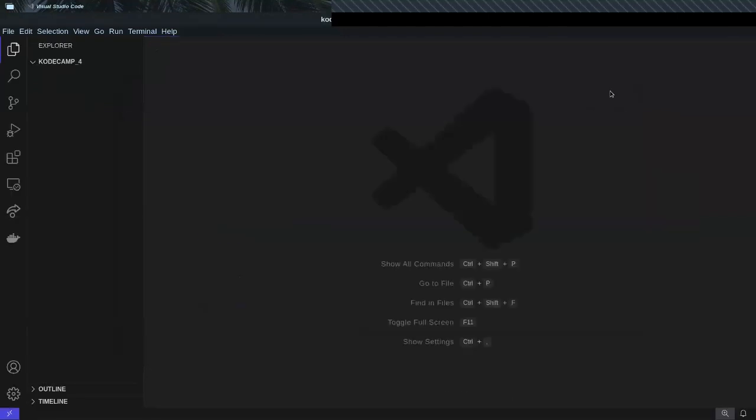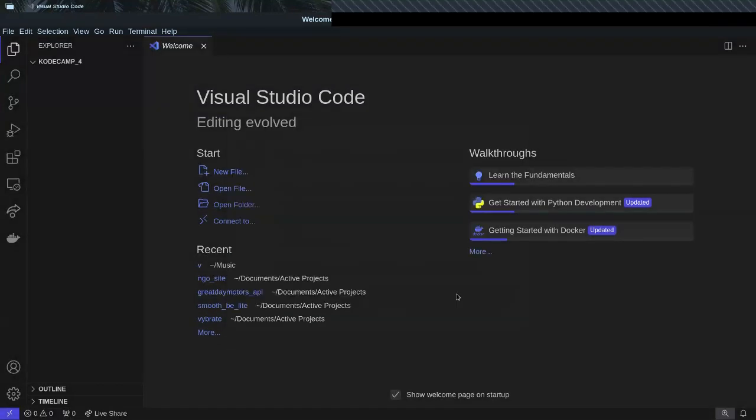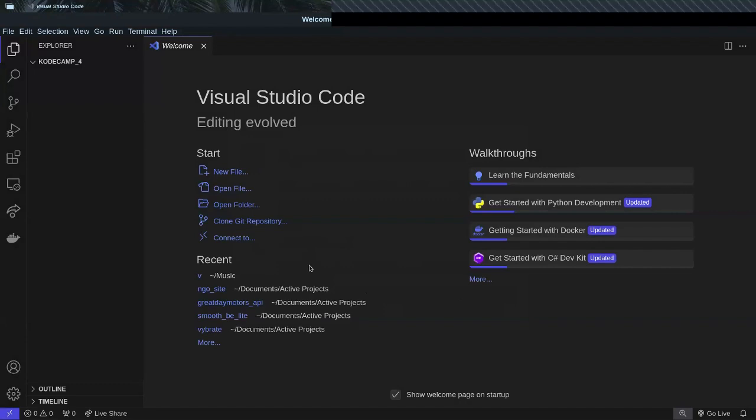Okay, now we've opened that folder that we've created, right? Anytime it shows this modal asking if you trust the authors of the files in this folder, just press yes. Always trust it. I've never pressed no on that, so just always press yes so that you don't have extra issues. Now, we've opened that folder, but that folder is totally empty. There's no file on that folder, right?